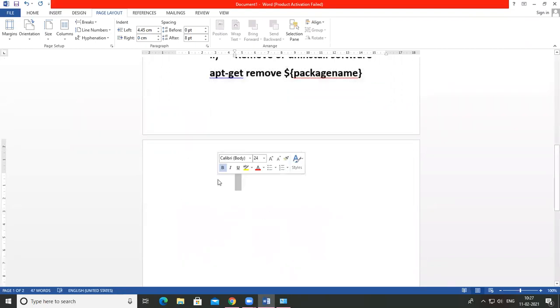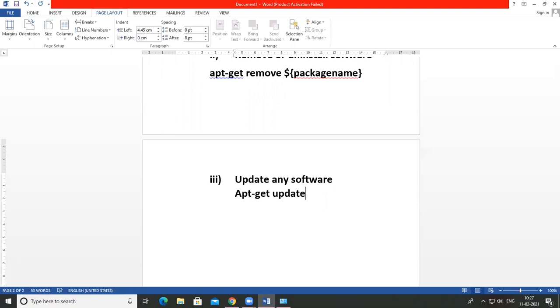Okay, then the third option which is provided here, update software. To update any software or package, this command is used, that is apt-get update.